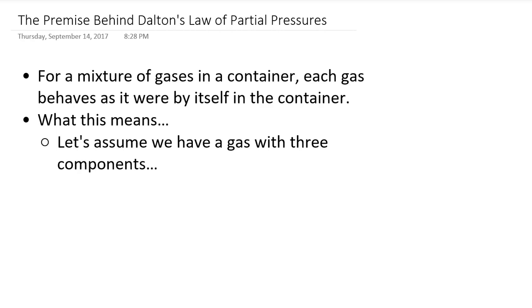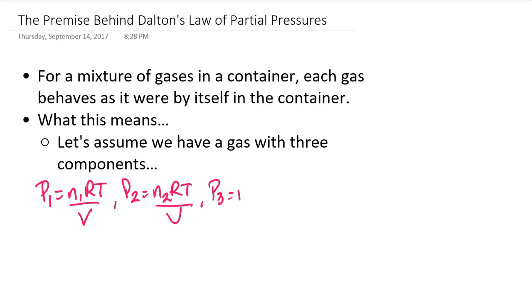And let's assume that I wanted to calculate the pressure for each of these components. So according to the ideal gas law, the way that this would work is the pressure of the first component would be the number of moles of that first component times RT over V. Again, this is just a straight application of the ideal gas law. The pressure for the second component would be analogous. It would be the number of moles of the second component times R times T, once again, over V. For the third component, it would be, again, N3